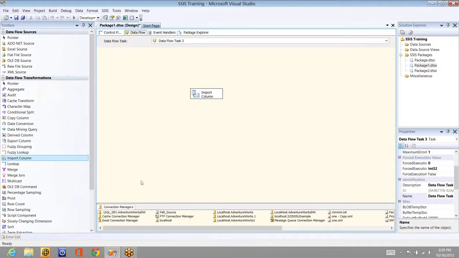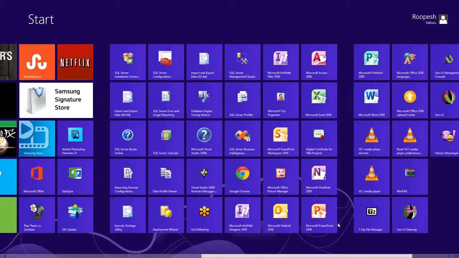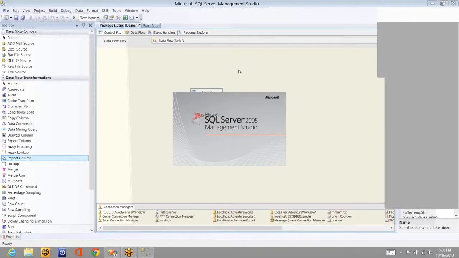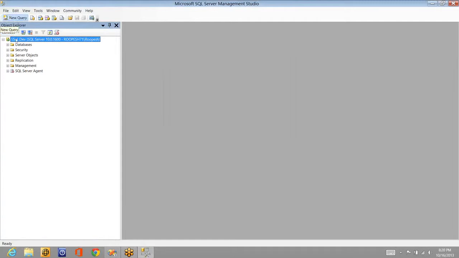Let's see how to configure the same to get the image files from your desktop to your SQL Server database. The first thing that I need for that purpose is a database table with an image data type, right? So let me create that first. Let me go to SQL Server and connect to the AdventureWorks database.